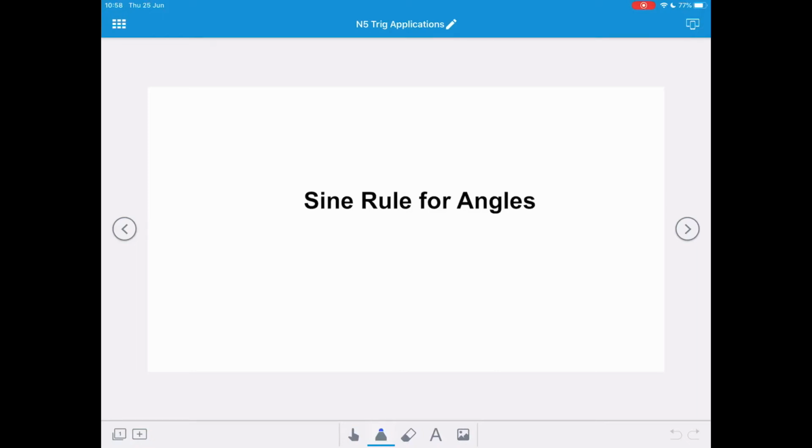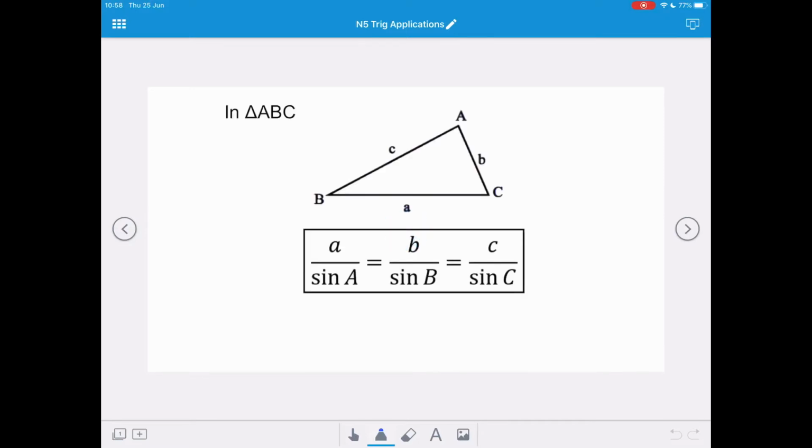So we've looked at using the sine rule to work out a missing side in our previous video. In this video we're going to use the sine rule for working out a missing angle. So in triangle ABC, the ratio of side A over sine of the angle of A is equal to the ratio of side B over sine of the angle of B equals C over the sine of the angle of